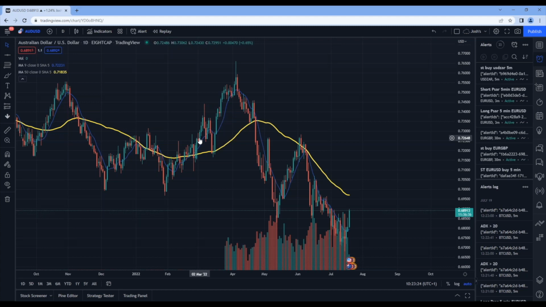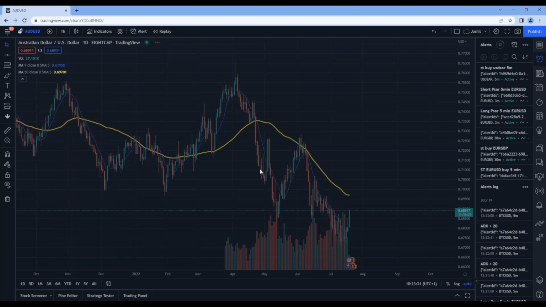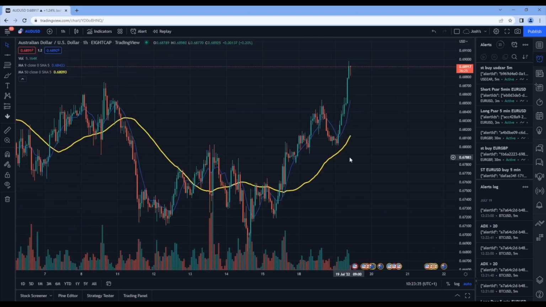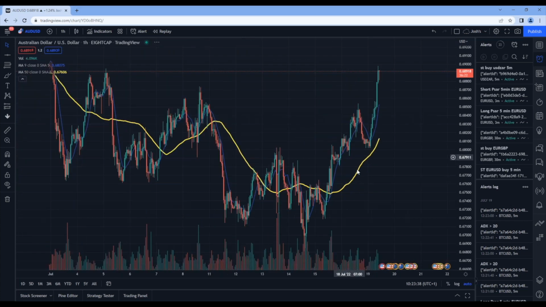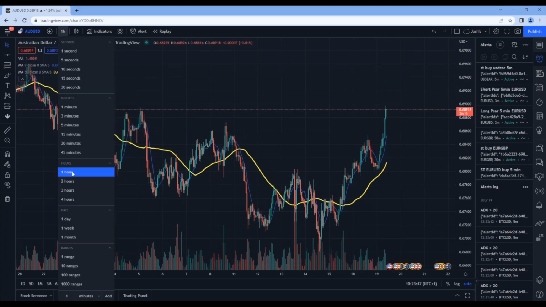So this one, we're going to go ahead and maybe we can actually find something that's about to trigger. Let's see. One. That's not looking good either. It's looking good for the Aussie dollar, gaining some traction there, but the moving averages are far apart. Let's go back to a day. We'll use a day time frame for this.